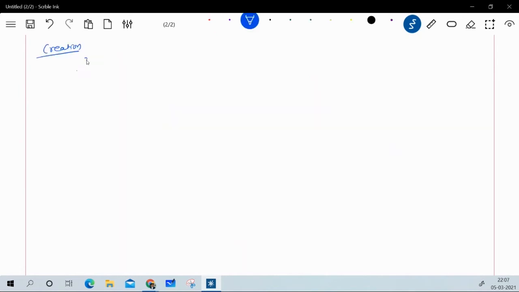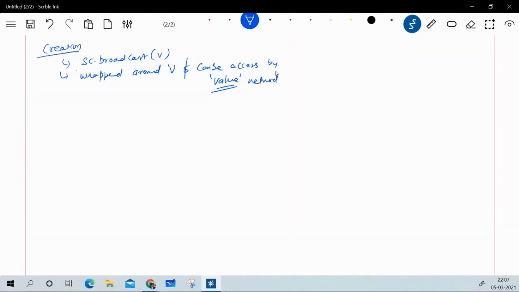So now we can create this broadcast variable with the help of Spark context, and then we need to call a function called broadcast, and then I'm passing some dataset or a value. Now this broadcast variable is wrapped around the variable v, or you can say data v, and can be accessed by the value method in the driver program. Now I'm using Scala code.